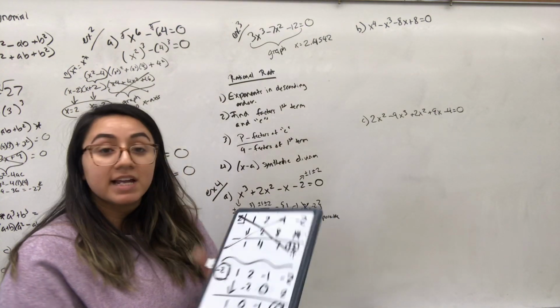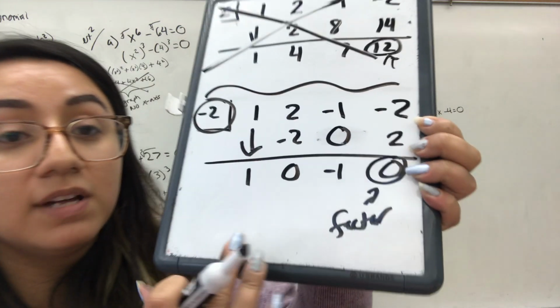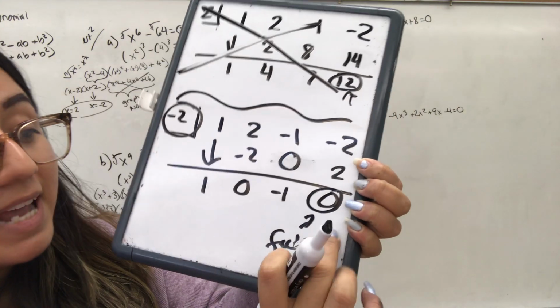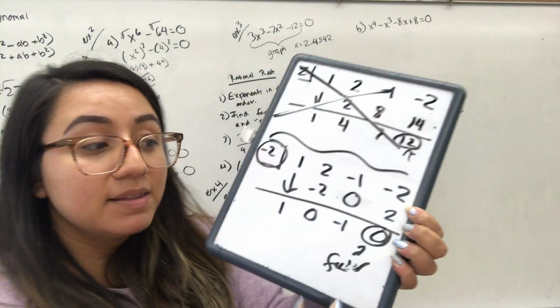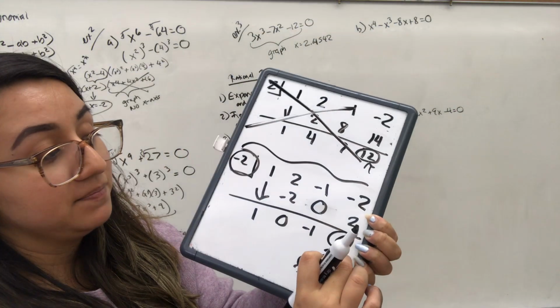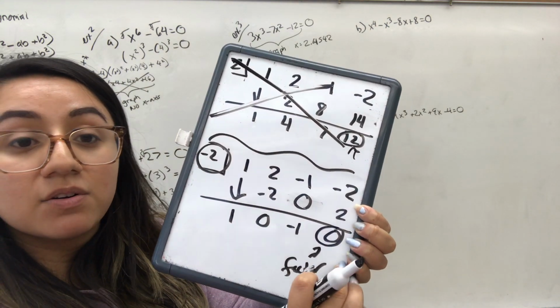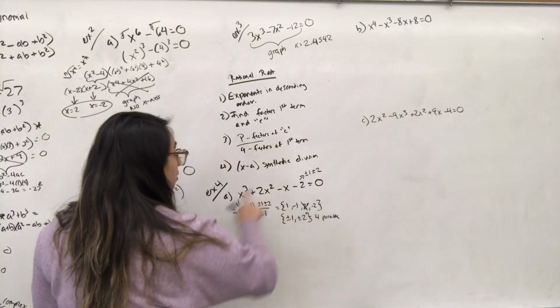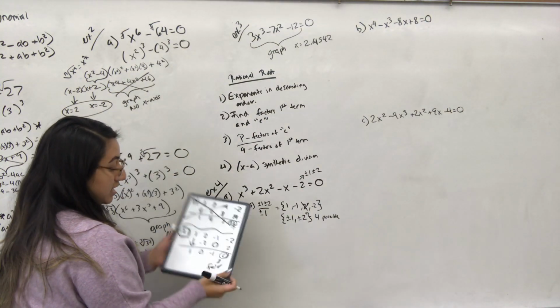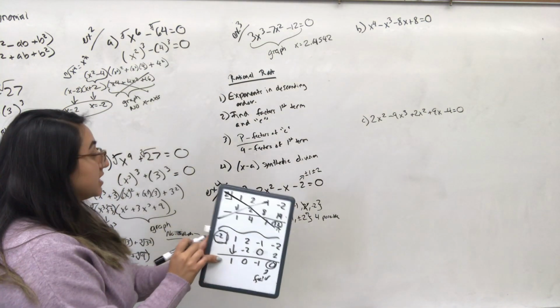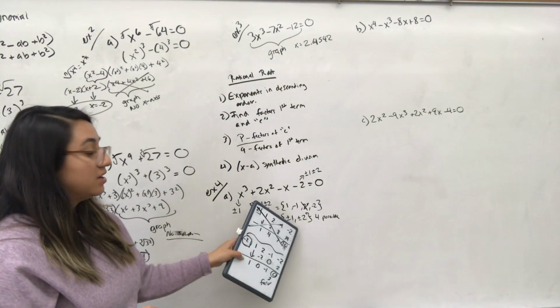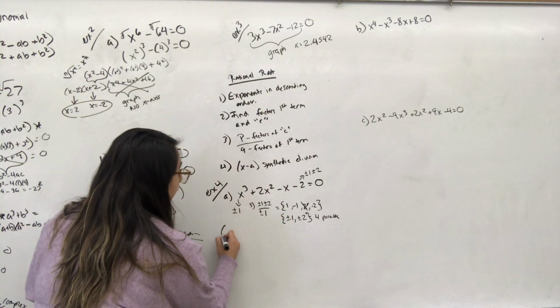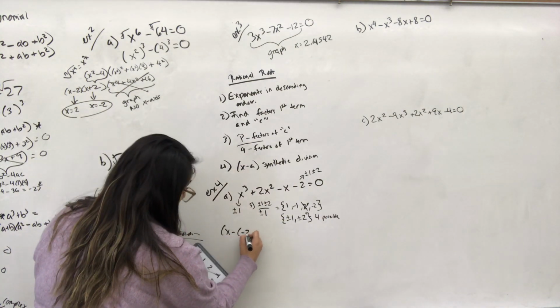Now, I'm going to use -2. And when I use -2, if you notice my work here, my last answer has to be a 0. That's your remainder. That's your last factor here. So if it's a 0, that means you have a factor. So now a factor to this whole thing is, remember this is x minus a. A is whatever number you're using there. So you have your x minus -2